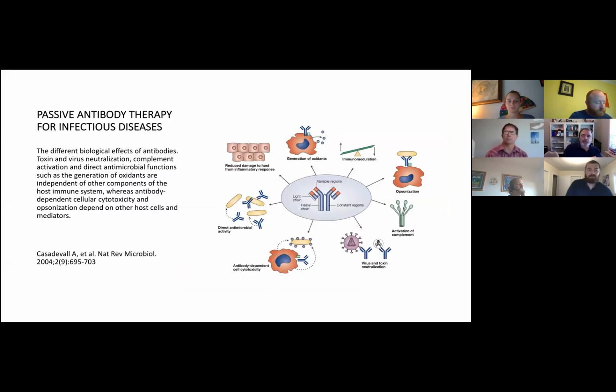So how does it work? The antibodies have many different ways of working. First one is they can opsonize bacteria. The antibody attaches to the bacteria, and that lets your cellular immune system be able to engulf it, react better, and kill that bacteria. It could activate complement, and that by itself can lyse bacteria, or it could be directed against not bacteria but viruses directly, or the toxins produced by